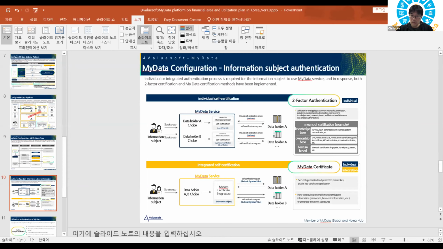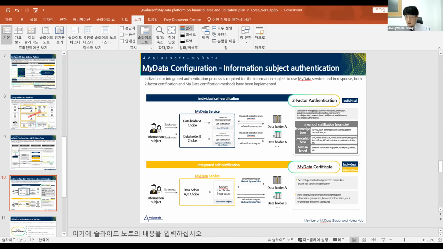Next, the method of authenticating the information subject. An authentication process is required for the information subject to consent to provide personal information. Authentication can be carried out in two ways: individual and integrated.